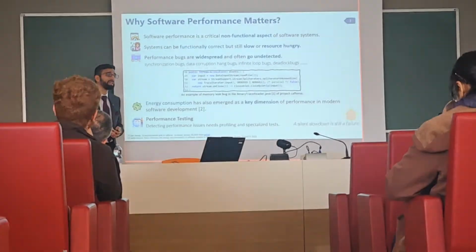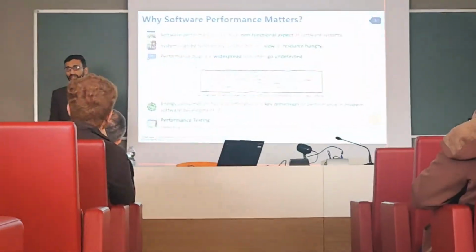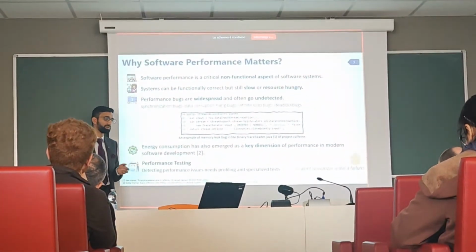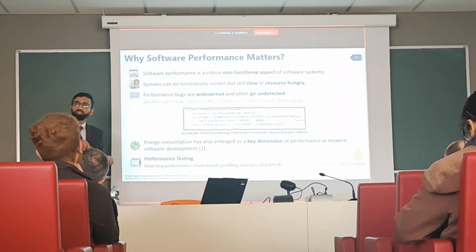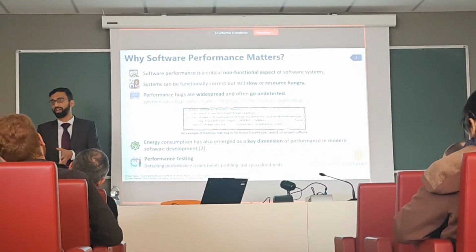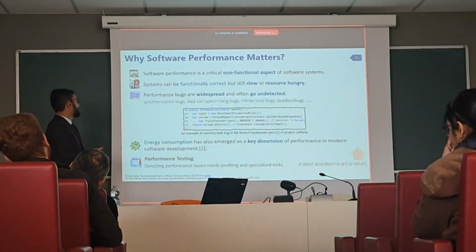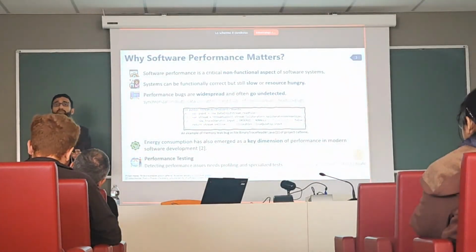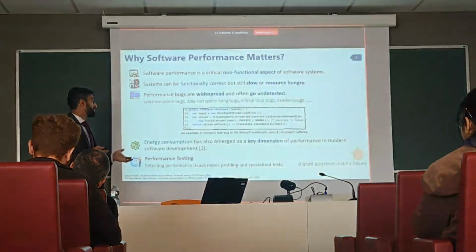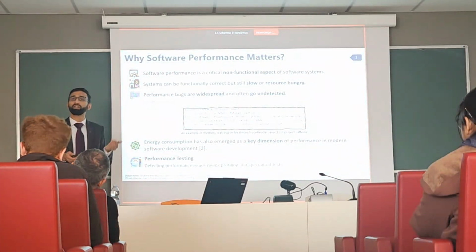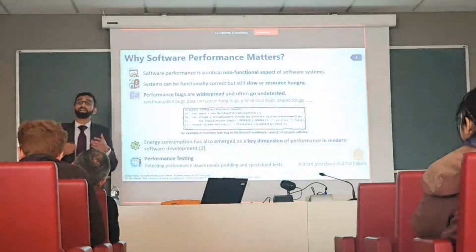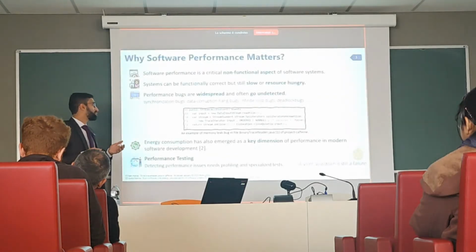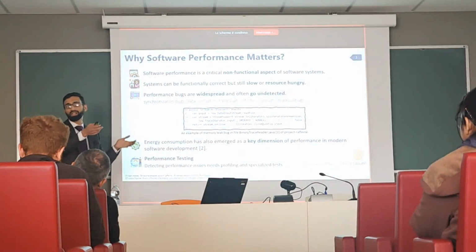So first of all, we need to understand why software performance is important and why it matters. We know that it's a very critical non-functional aspect of software systems. In contrast to functional correctness, we also need this non-functional aspect to be there. We also need to look for it and check for it. One of the reasons is that even though the software might be functionally working fine, there would be times when your systems start to get slowed down. It starts eating more resources. But this happens with the passage of time, and it will not be very obvious just like the functional bugs.